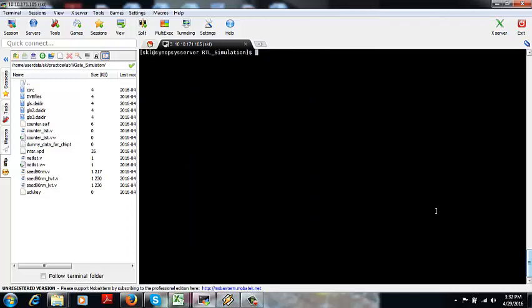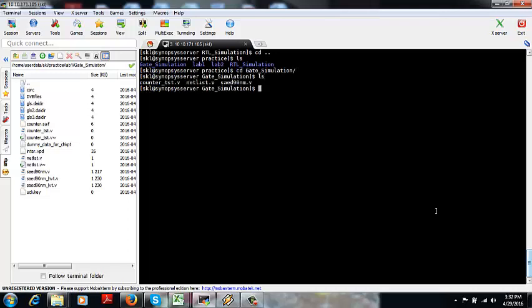So next step, we will perform a gate level simulation. To start the gate level simulation, I'm just moving to the gate level simulation directory, where I have three files. The first file is the test bench file, which we use the same one as for RTL simulation. The second one is a netlist file, and the third one is a .v file,